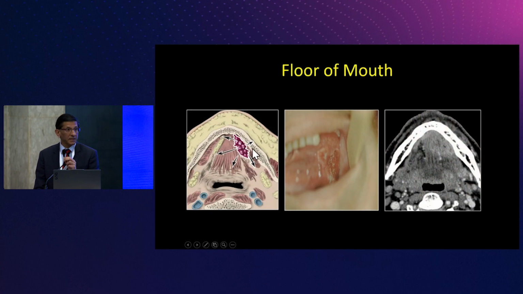So this is what we see schematically. This is what we see when you look in someone's mouth. This is an ulcero-infiltrative lesion. So again, I don't need to spend the money for a CT or an MR to be told it's a cancer. What I want to know is, if I see this patient, how do I treat them? Can they be treated with a wide local excision? Can they be treated with a segmental mandibulectomy? Are there other options? So this is an example here of a patient that has a floor of mouth carcinoma.